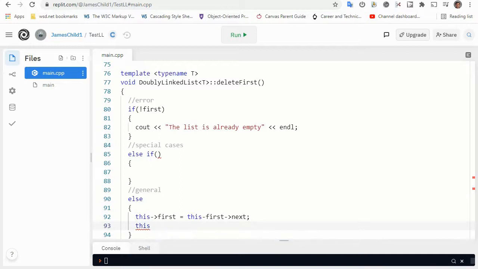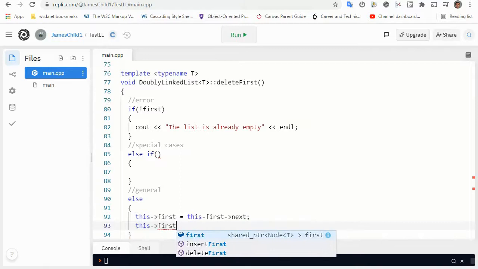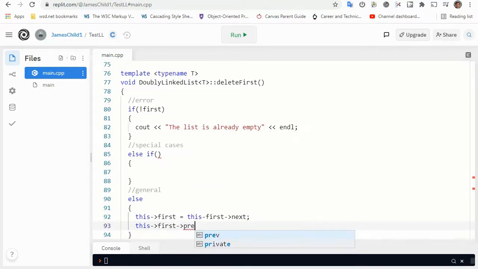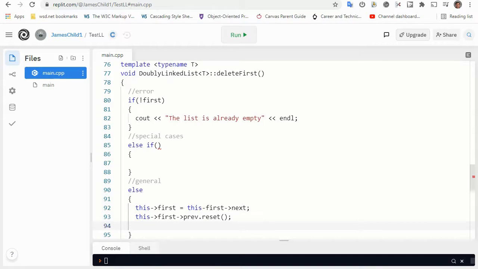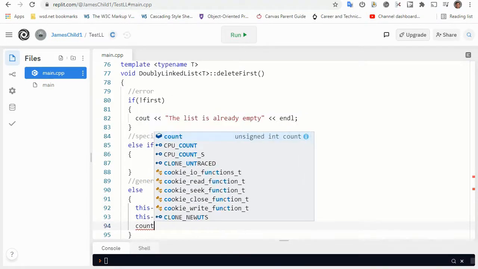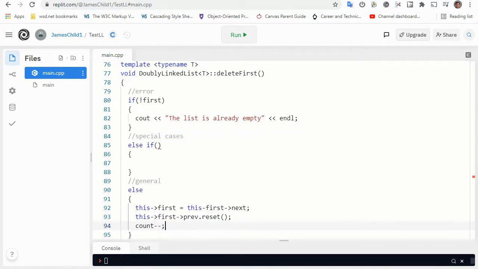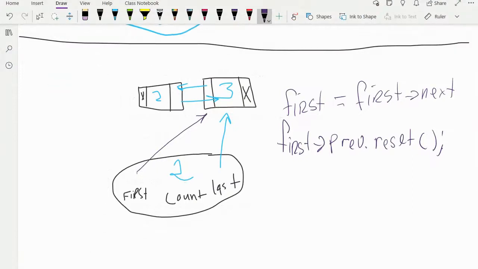So this first previous reset. And because it is a function, we do need the parentheses. And then the last thing we need to do is count minus minus, so that now